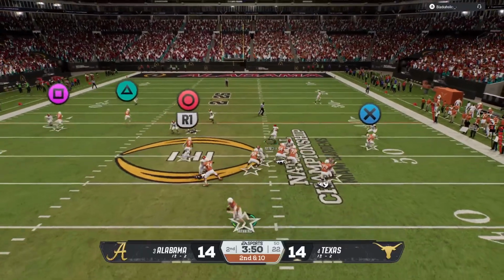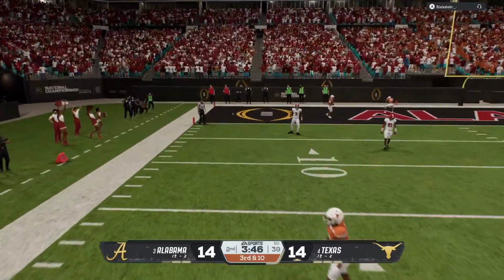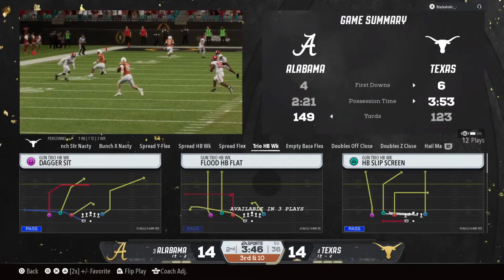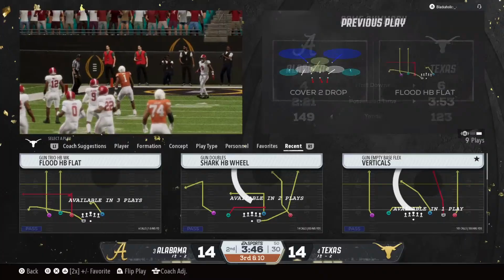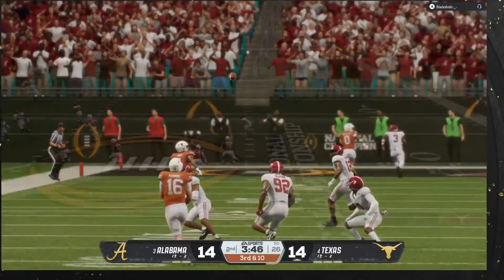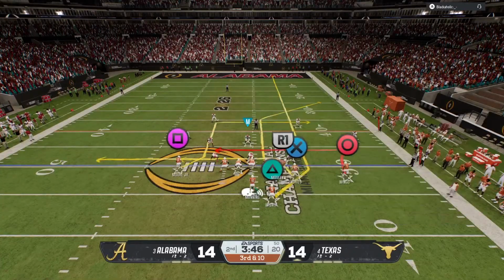There's the snap. Looking to throw the ball. Throws it deep downfield to the left. The downfield shot is incomplete. Brings up third down. Oh, my gosh, would he love to have that one back. Open receiver downfield, he misses it. That's where you go back to the receiver and say, hey, man, that one's on me. I'm coming right back to you. This was a promising drive, but back-to-back incompletions makes it 3rd and